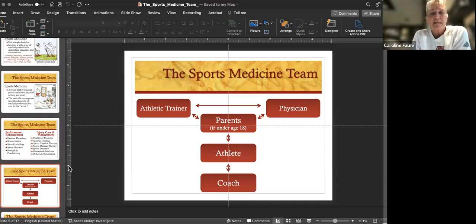So at the high school level in particular, I know that I had to deal with parents on a regular basis. Obviously, the athletic trainer and the physician work together to recognize those injuries, diagnose those injuries, and develop treatment plans for those athletes to get them back on the field as quickly as possible. But we also have the parents that are in the mold. Parents often, how do I say this delicately? Sometimes parents aren't thinking about the injury as much as the athletic trainer and the physician, and sometimes they're not as concerned about the injury as maybe the coach is concerned. So sometimes we need to put the reins on those parents as well.